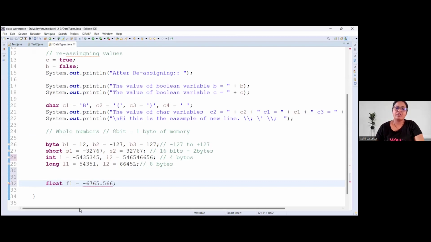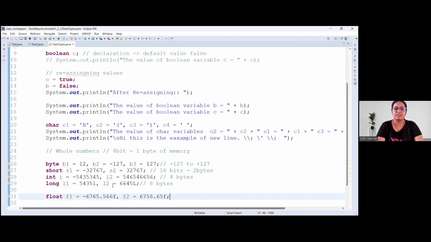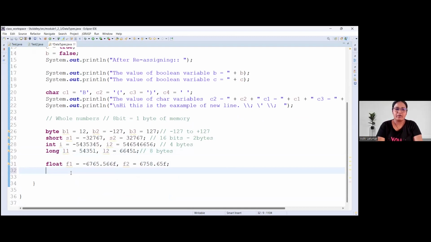Okay, but whenever you want to store any float value, you have to use the F literal just to make sure that it is a floating point value and it should be stored according to the float data type. Okay, तो F literal and L literal आपको use करना जरूरी होता है, बाकी आपने कुछ use नहीं किया तो भी चलेगा. बाकी आप directly values set कर सकते हो, values दे सकते हो, but for float and long values को आपको literal append करना जरूरी होता है. It requires